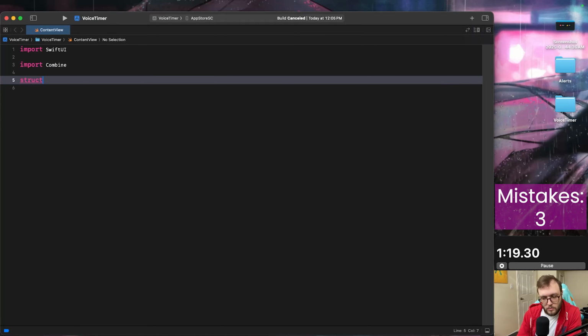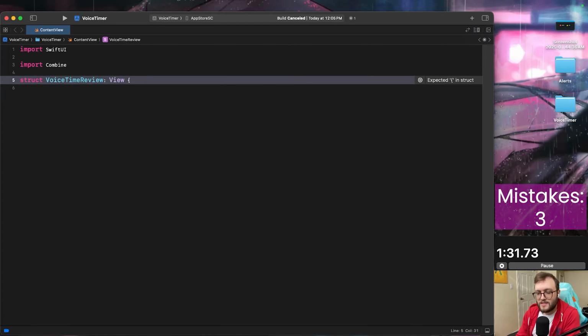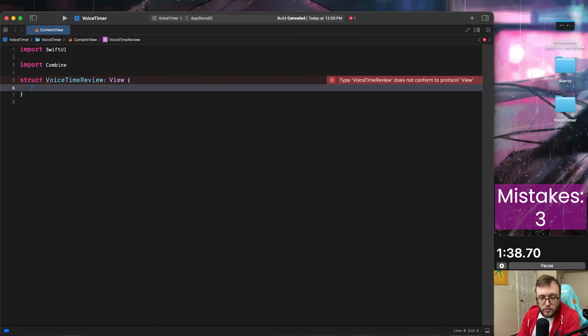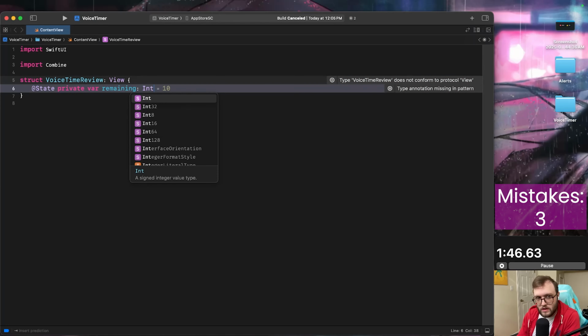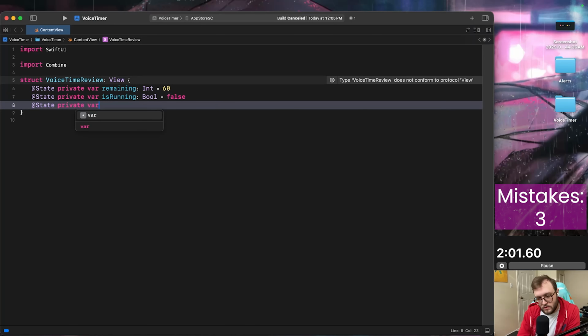Struct VoiceTimerView: View. Open brace. Press return key. @State private var remaining: Int equals 60. Next line. @State private var isRunning: Bool equals false. Next line. @State private var timer equals